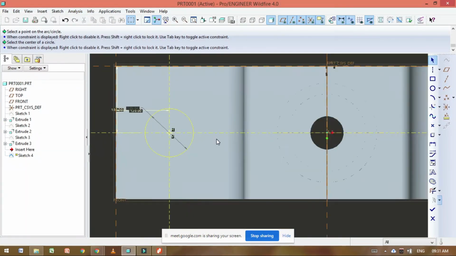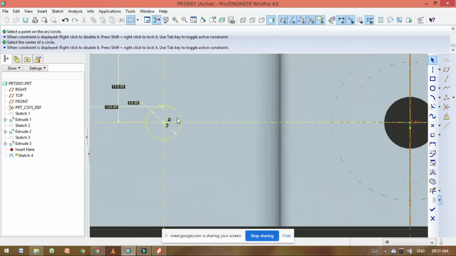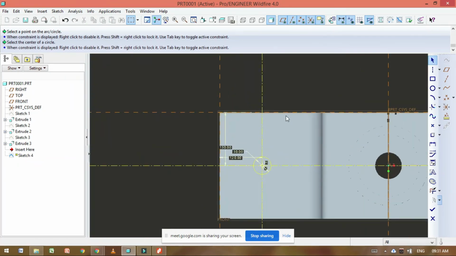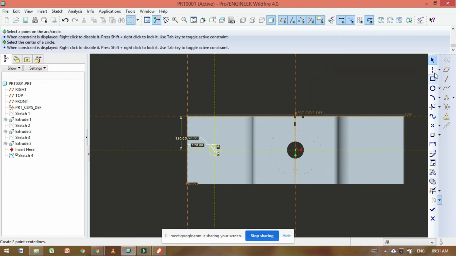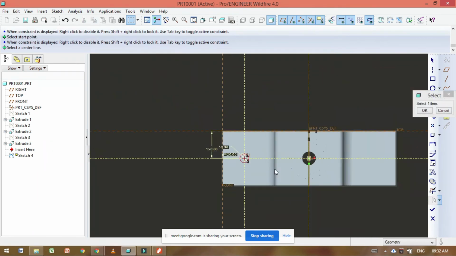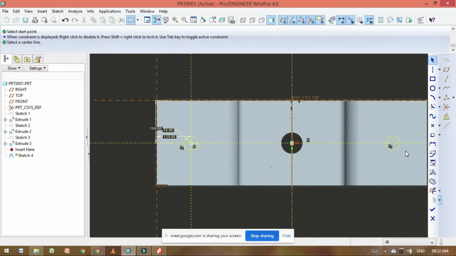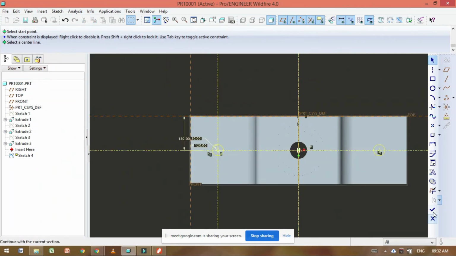Okay. And we can mirror this in the sketch. Diameter is 50. Take here 50. Now if I want to mirror this, I can mirror it, and for mirror we always require the center line. So draw the center line at the center. Here I drew the center line. Then select this object, there is a circle. Then we can see the mirror command. Click on the mirror command. Then click on the center line. So we can find two circles here. Then click on done.